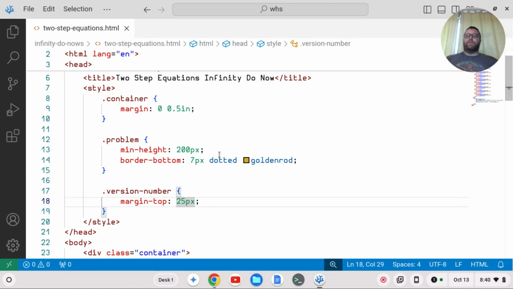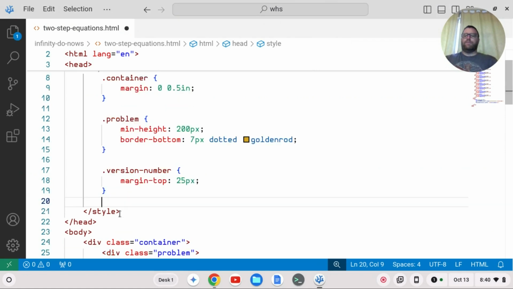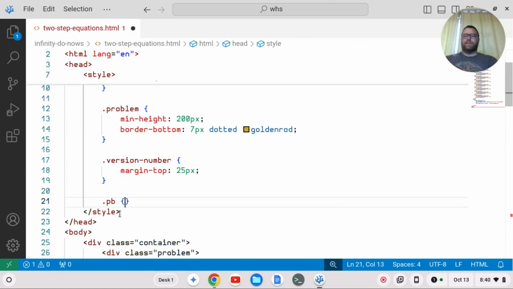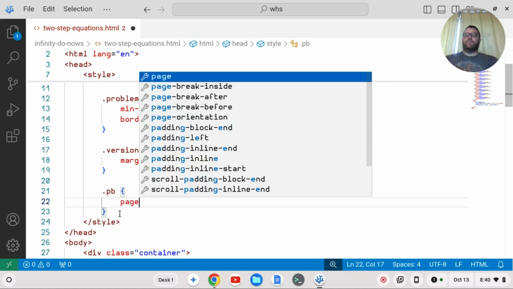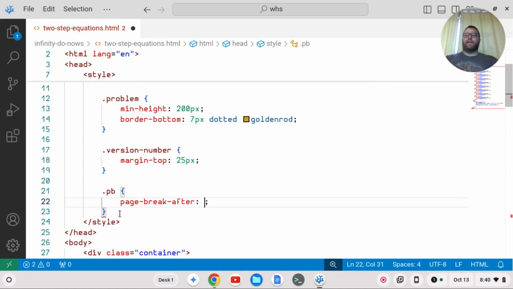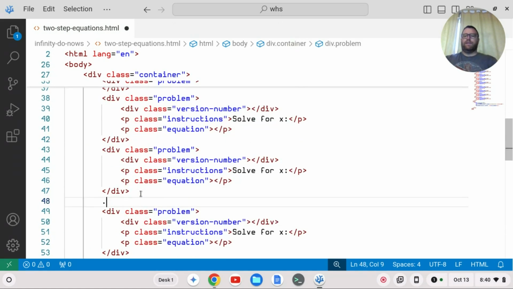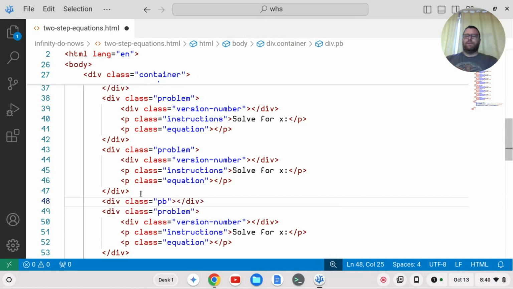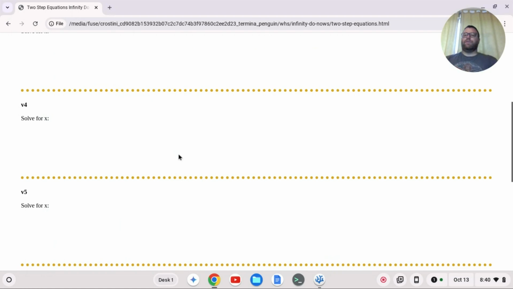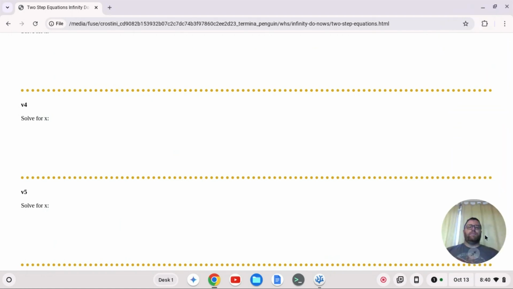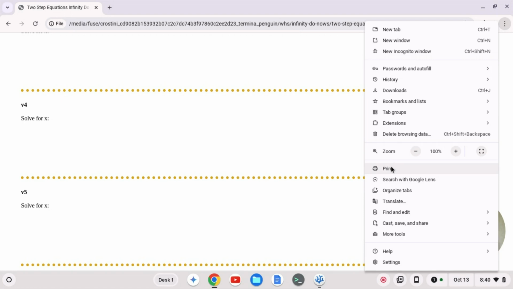We also probably want to have a page break class so we can break this into 2 pages so it's nice and neat. So I'm going to do .pb and then do page break after always. And I'm going to go down after the 4th problem here and create a div with the class of pb. And then now I'll refresh, you won't notice much, but if I go here and I go to print,